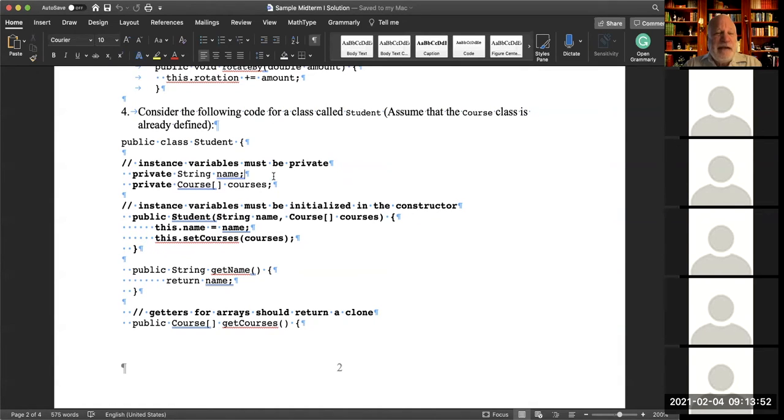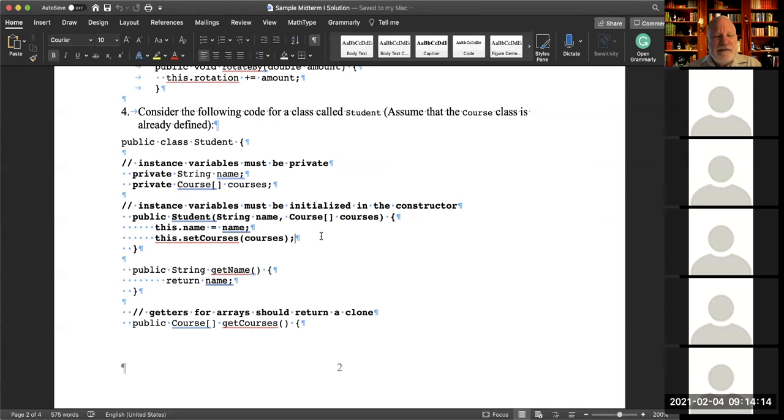It's the principle of encapsulation, and the idea these must be made private. Instance variables must be made private. One of the things that I really want you to really get is that instance variables are private.